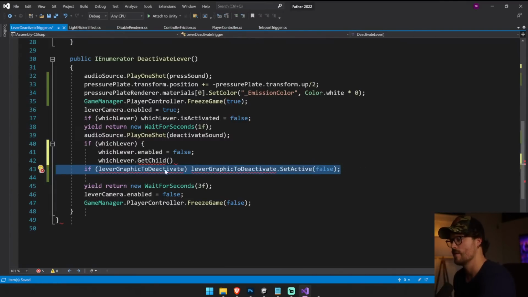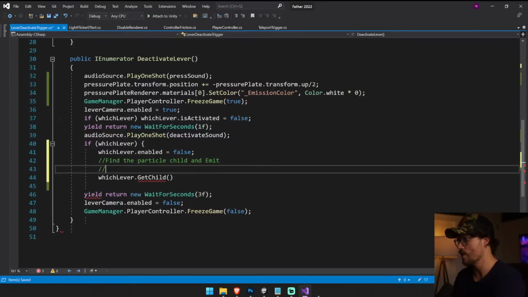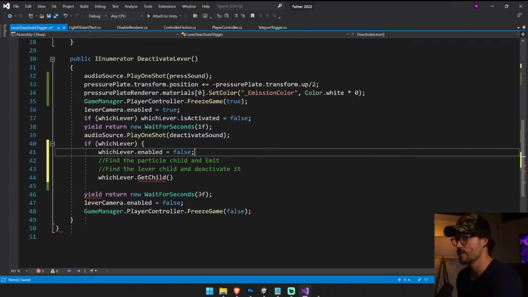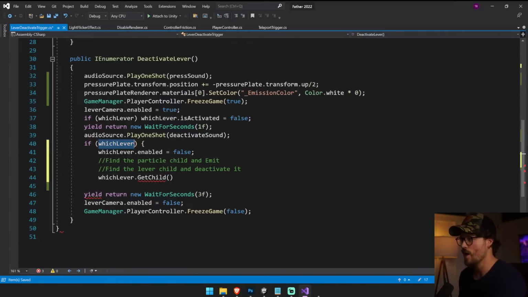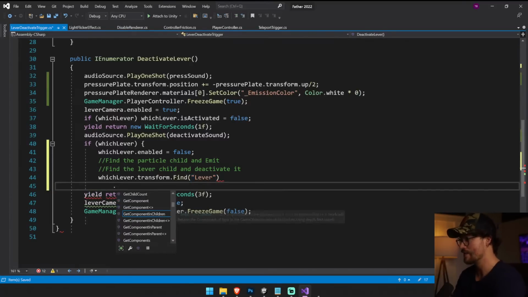Okay. So we need to first and foremost find the particle child and emit it, and then also find the lever child and deactivate it. Transform.find. Got it. Thank you. If which lever exists, then we go to which lever dot transform.find, and then we find that child name, which is going to be lever dot set active